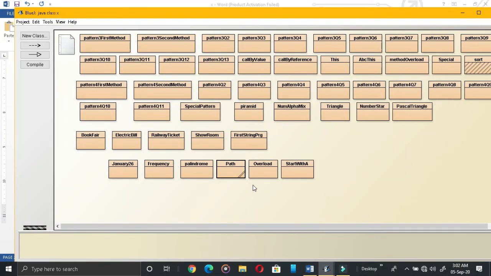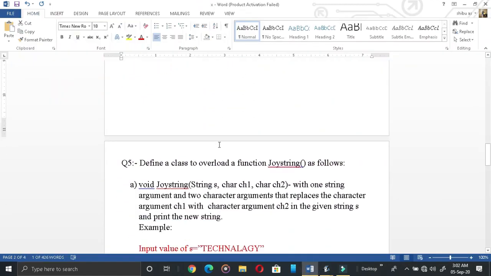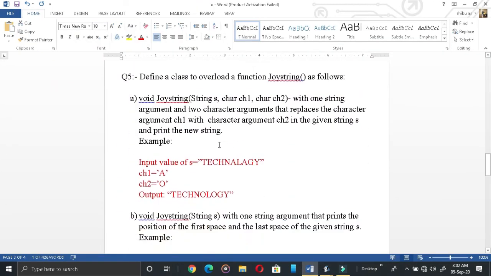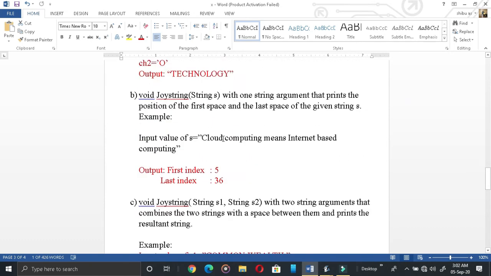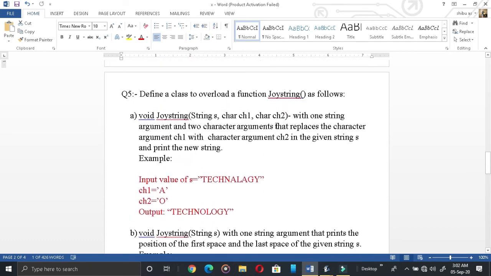Now we have the second last program. This is on overloading. A question can come like this also. See, it's a very big question, so take your time and read. The question is nothing but an overloaded function.